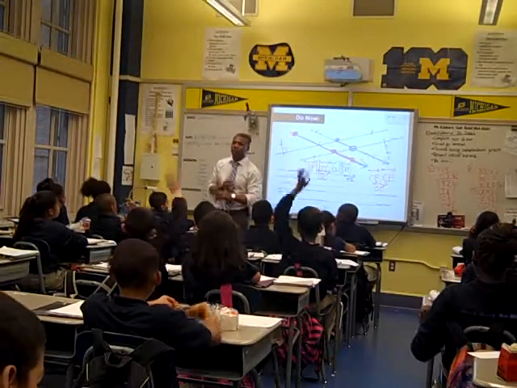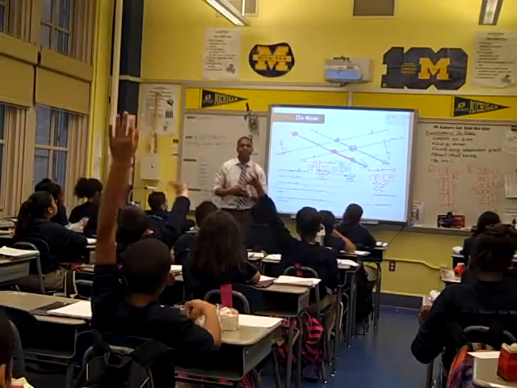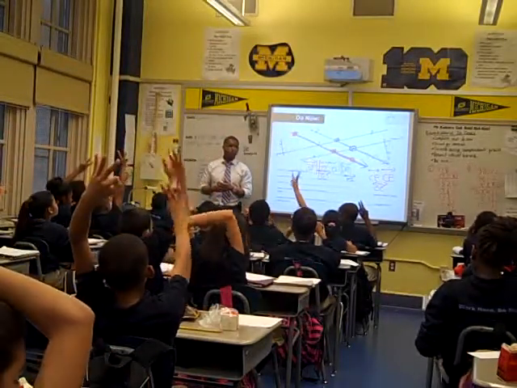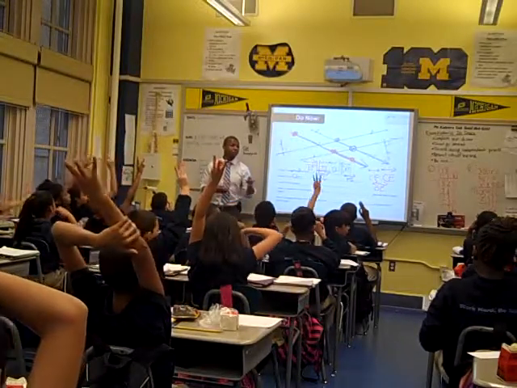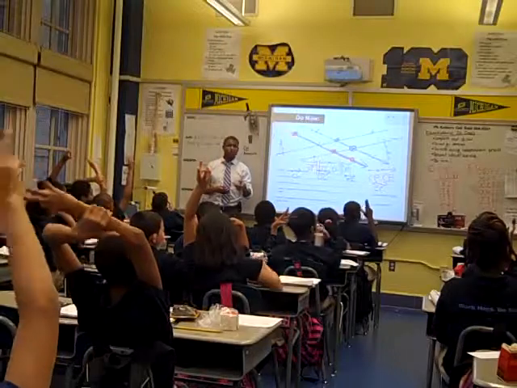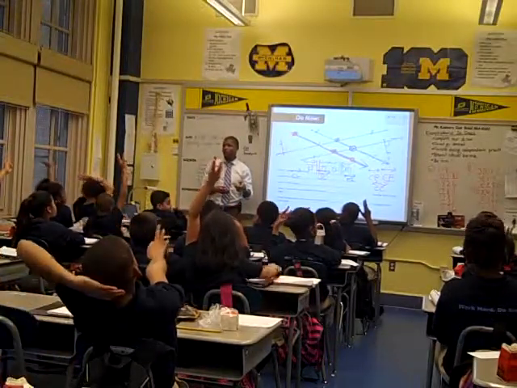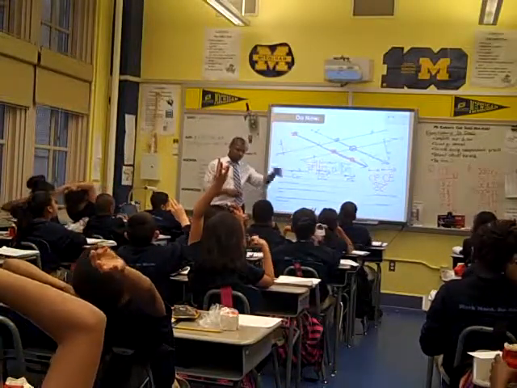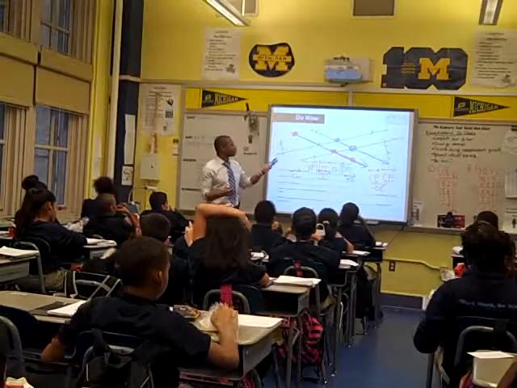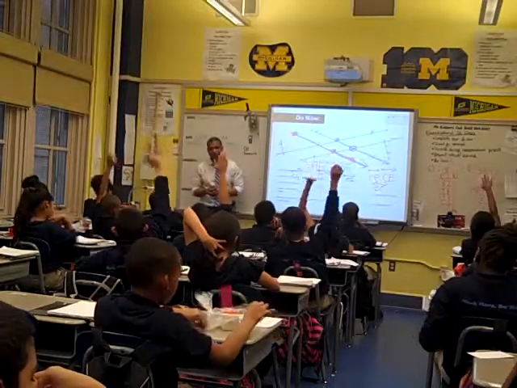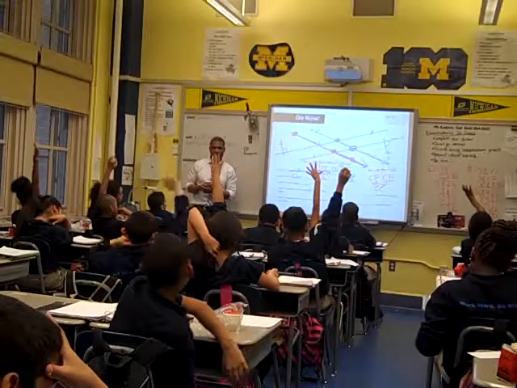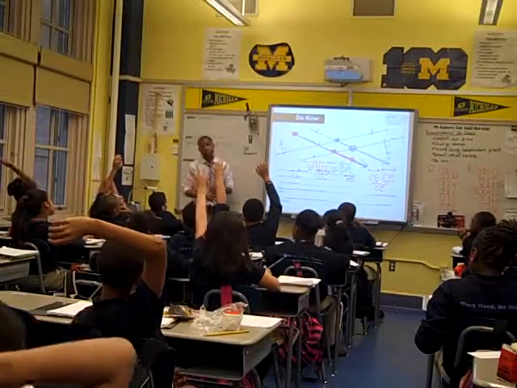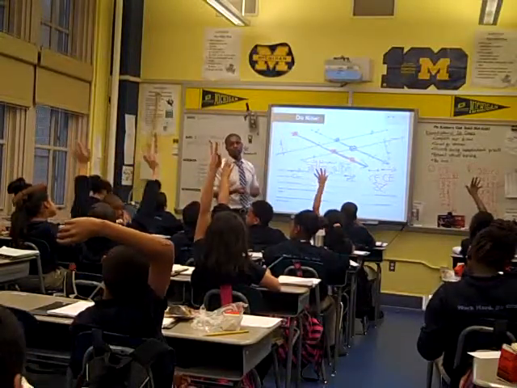Two right angles. How many letters do we need to name a right angle? Show me with your fingers. You need 4 letters to name an angle? I want you to think about that. Very good. You need 3 letters. I'm going to talk about that also in a minute. What 3 letters can name a right angle in this shape? I love the participation. I love the hands. Yolanda, I know you weren't here, but I want to see if you catch on, so I might still call on you. Demel.